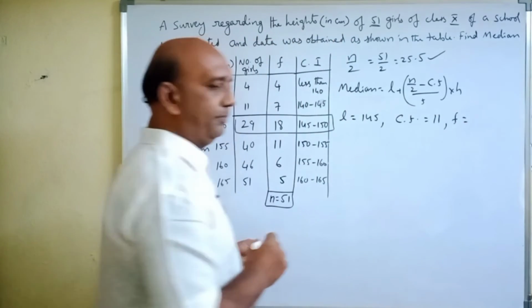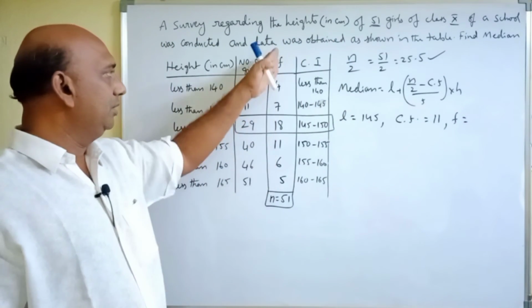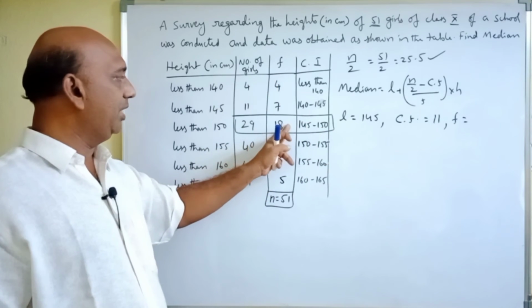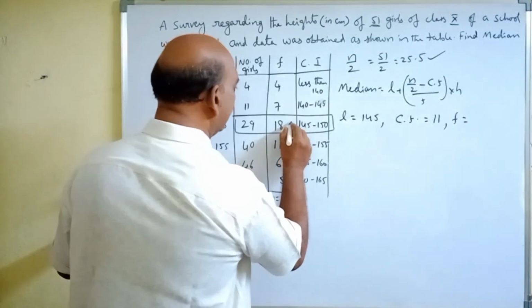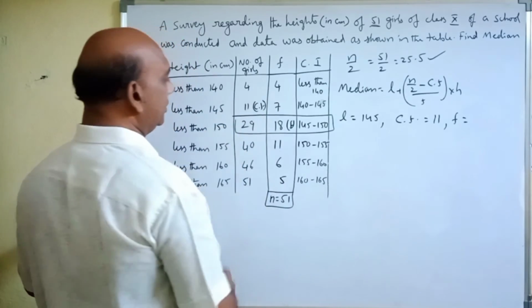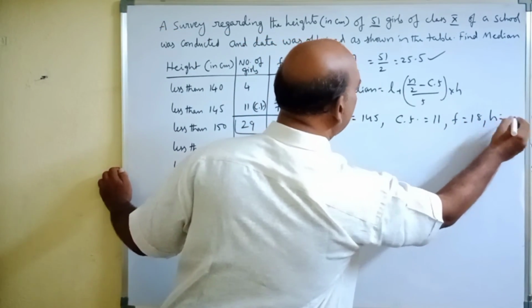And then f. f means frequency of the median class. These are frequencies and this is the median class. The frequency of the median class is 18. So this is f and this is cumulative frequency CF. So f is equal to 18, and then h is equal to